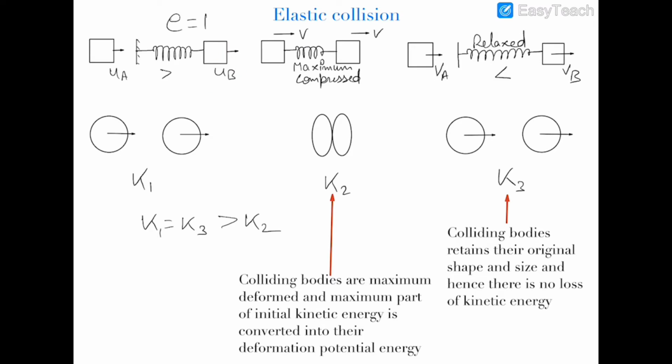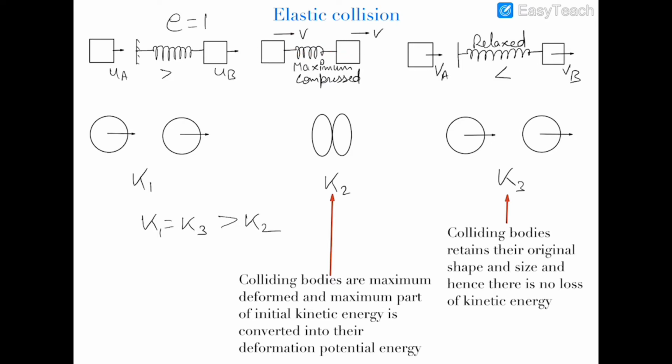A time will come when the spring will be maximum compressed, because the relative velocity of the two blocks will become zero and their velocities will become equal. So this is the maximum deformation state of the spring. Till this state, from the initial state, the highest amount of kinetic energy of the blocks is converted into spring potential energy. Now as time progresses, the spring will again push the second block and